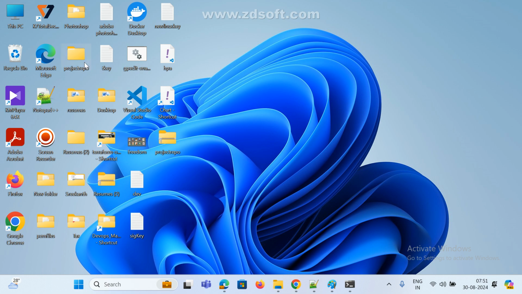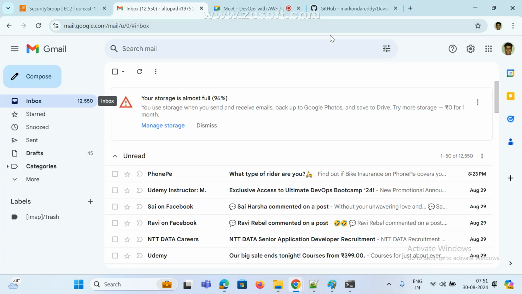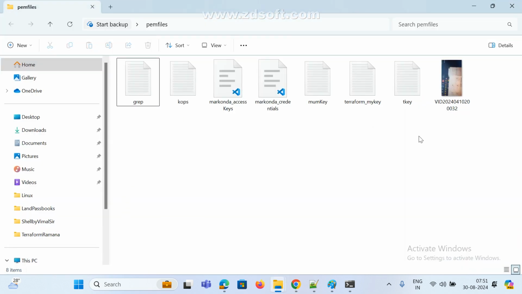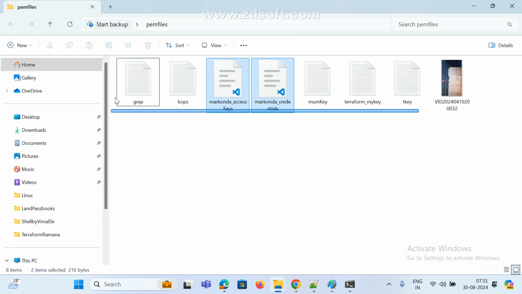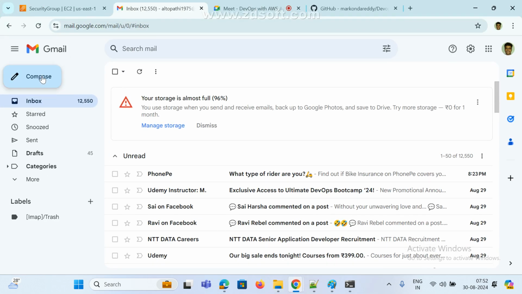This is also right, possible, right? Now I need to send a mail. If you want to send one mail with 5 files, now try to understand. These 5 files, or 6 or 7 files, I want to send. How can we send them? If you go to mail and click on compose,